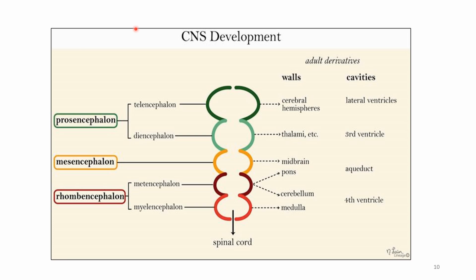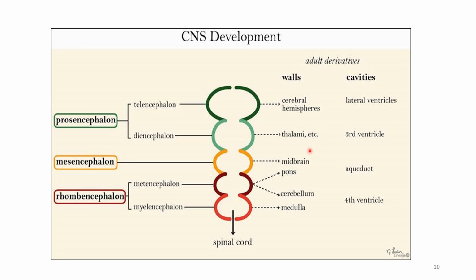You see this CNS development. This is prosencephalon, this is mesencephalon, and this is rhombencephalon. Prosencephalon is again divided into two parts, that is telencephalon and the diencephalon. The telencephalon forms the two cerebral hemispheres and it has a cavity, that is lateral ventricles. And this diencephalon forms thalami and